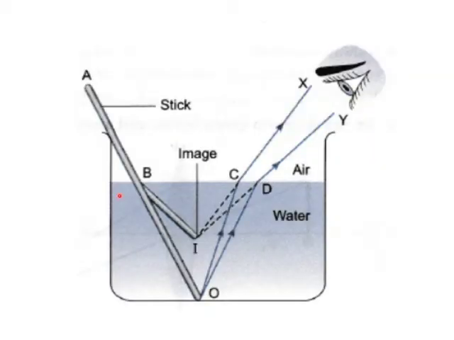Here we have one more activity. This is a glass trough in which we have taken water. This is the interface which is separating the pair of media, that is air and water. We have taken a stick and immersed it in water. The stick is AO, and we can see that almost half of the stick is inside water. The part of the stick that is inside water is BO.